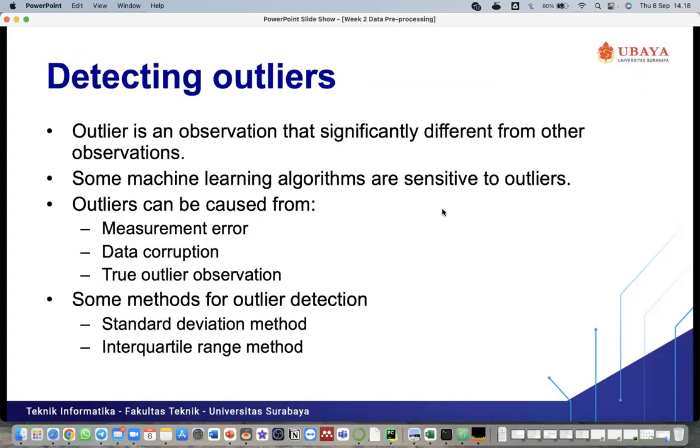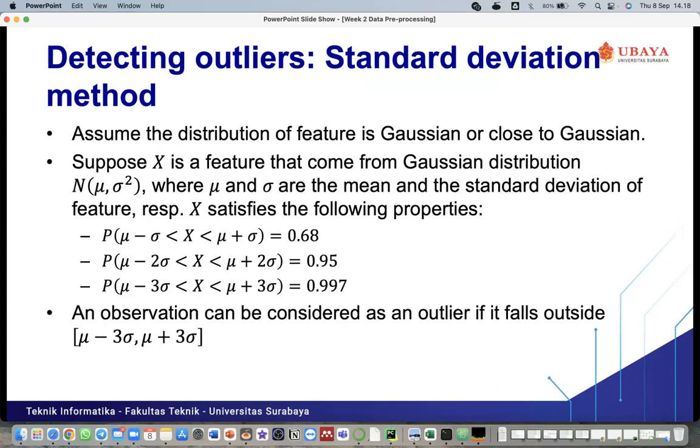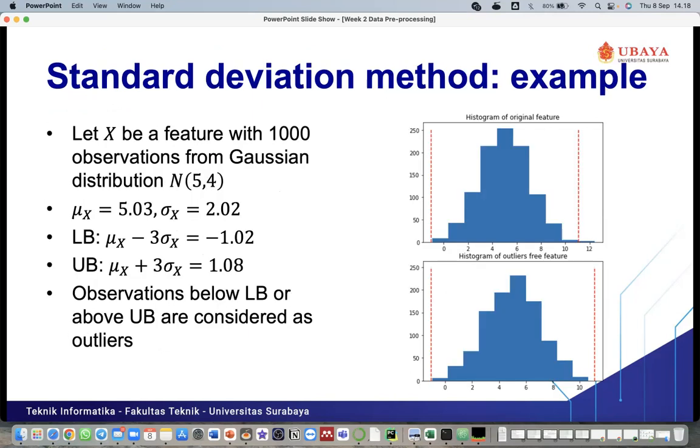Let's assume that our features have a Gaussian or close to Gaussian distribution. So if we draw the histogram, this one is the x-axis, the kind of feature. For example, this one 0 to 12, maybe this is the age from child samples, and the age of 5 has the frequency of 250.